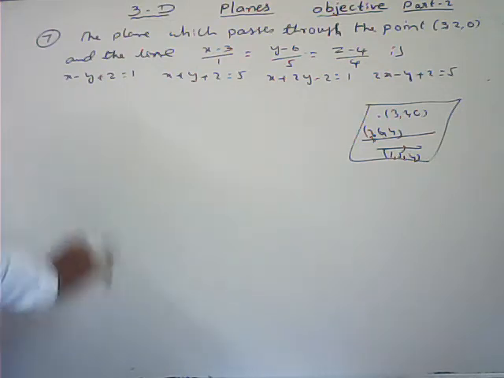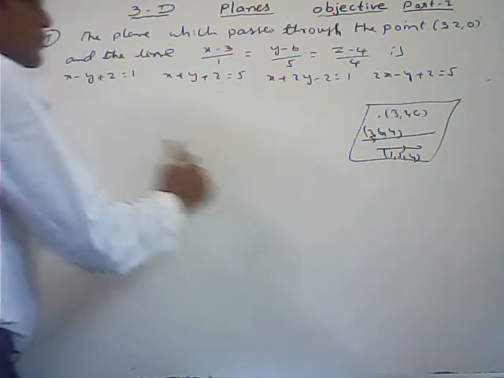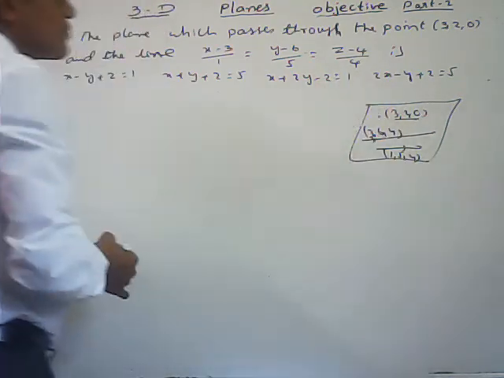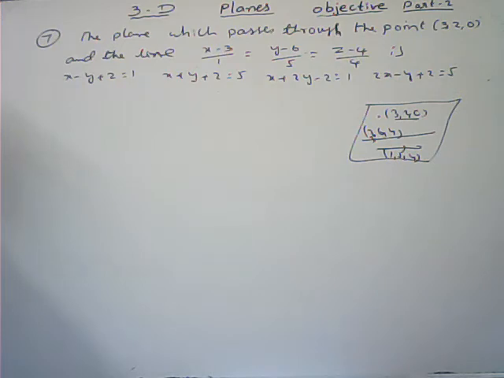Now we want the equation of the plane. Here we can verify the options also. Which option is the equation of the plane that passes through these 2 points? That is the correct option. And if more than 2 options pass through the same 2 points,